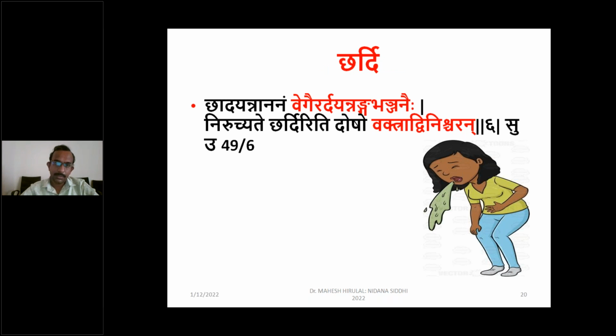Coming to the chardi is another very important disease from the Annavaha srothas. In chardi, it is an expulsion of the gastric content. So vomiting is the forceful expulsion of the gastric content, maybe the food plus gastric content. It's not only the undigested food. It is the food plus gastric content. For that only he will tell that doshaha vaktram dvidanascha. So the doshas will be getting expelled out from the vaktra.